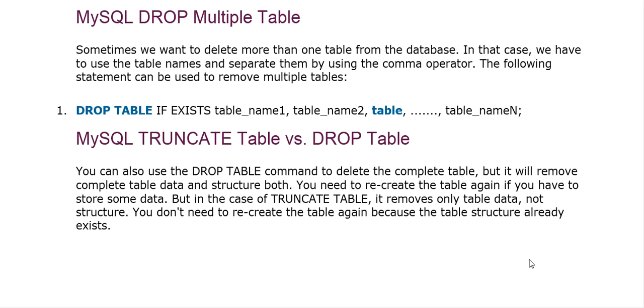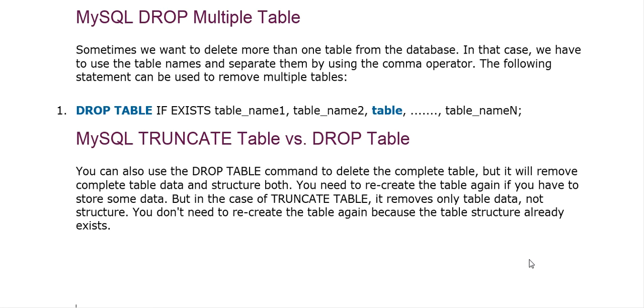From the example point of view, we have seen the drop command in the last one from the SQL table structure point of view. What we are doing here is just taking a recap. In MySQL we can use drop on multiple tables as well. In the last examples only one single table was dropped. Now if you want to drop multiple tables, what is the syntax? Drop table and then the table names, and each table name can be separated by commas. This is how we can delete multiple tables simultaneously. Okay guys?